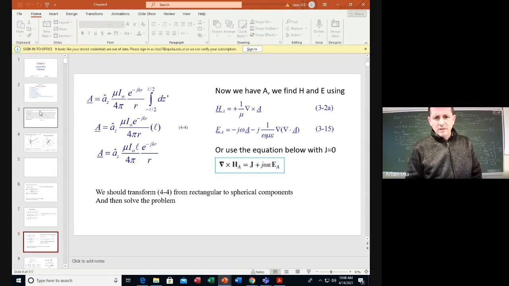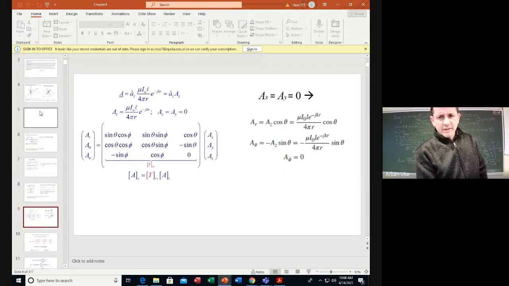We're just going to have the AZ, but this is a Cartesian coordinate system. Once we have the A, we can use this equation 3.2a, which is shown on the right side of the slide. Then we can insert the A to find also the electric field. Or we can use this equation at the bottom, where the curl of H is equal to the current density J plus j omega permittivity times E. Now,